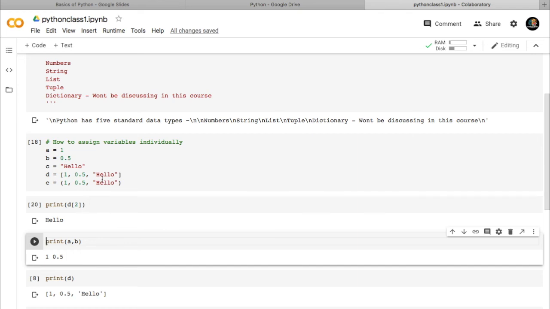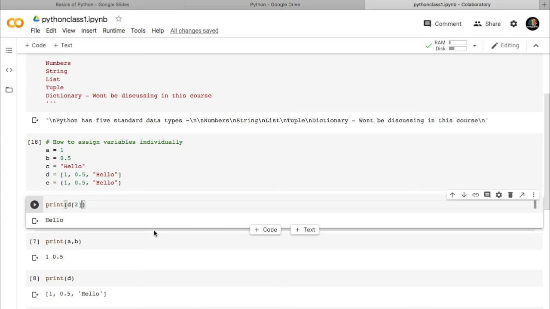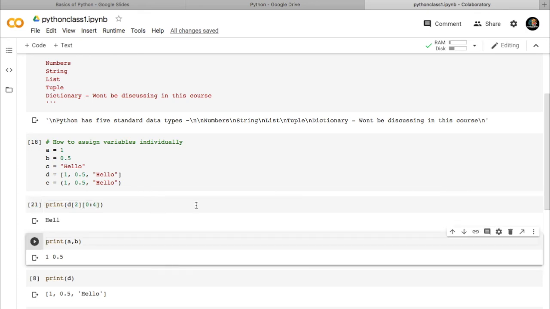What if I need to print only, I can avoid this O. So for that what do I have to do? Inside this itself, again I can include a square bracket, and inside that I can give the starting point and the end point. The end point can be 0, 1, 2, 3, 4. Okay, 4 can be the end point. 4 is not inclusive, it will be excluded. So we will just see. Yes, hello turned to hello.